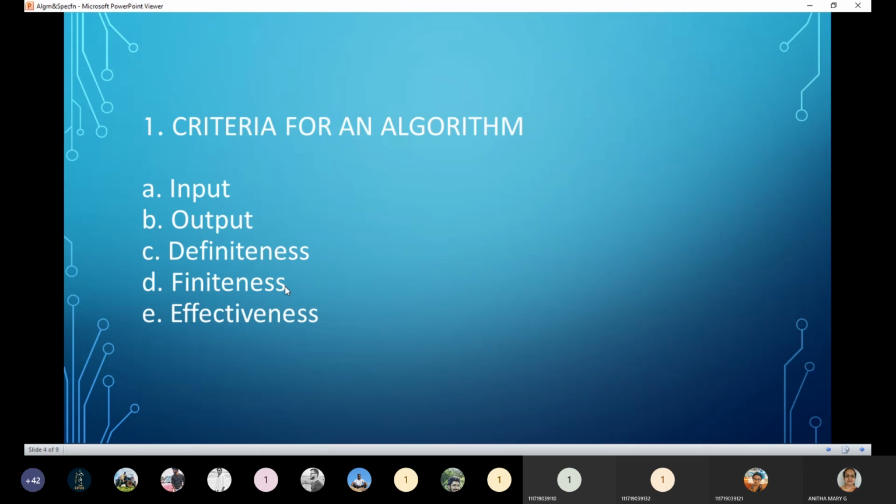Not only finite, but for all the different cases, the algorithm has to terminate after a finite number of steps. It should not enter into an indefinite loop. If the condition will never be satisfied, it enters into an indefinite loop. The loop should be correctly given in order to terminate.